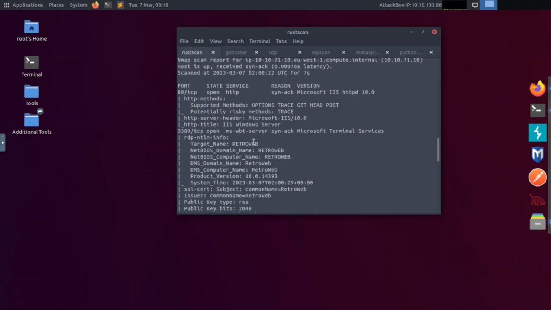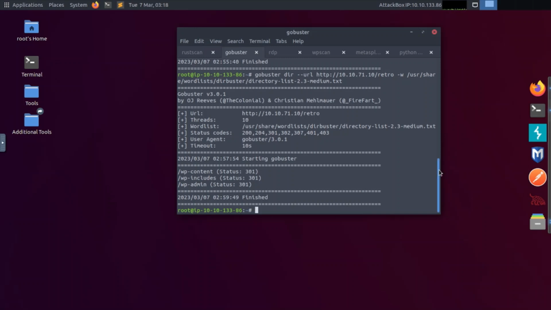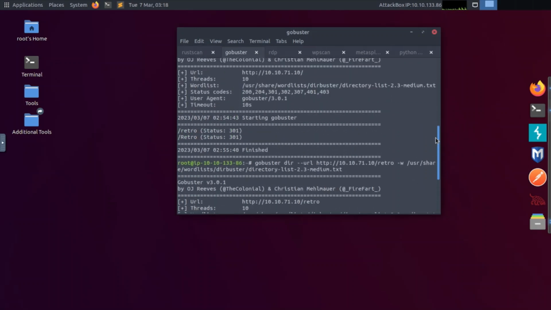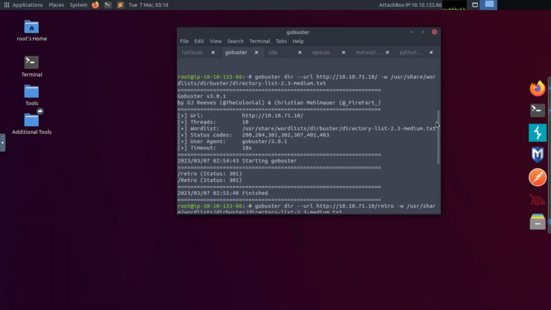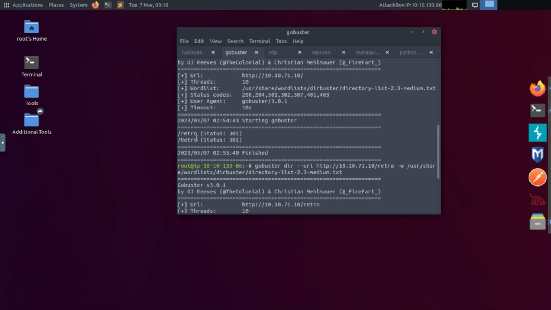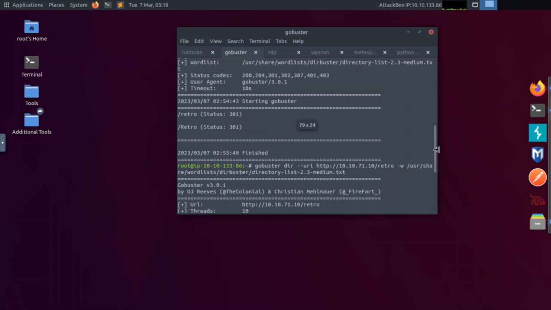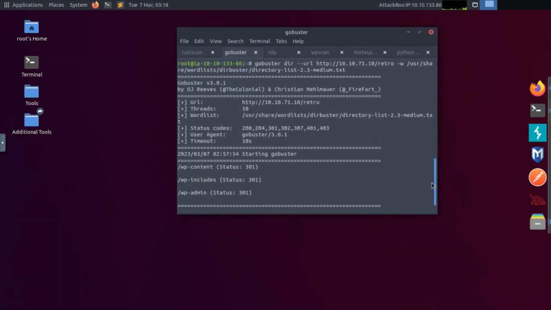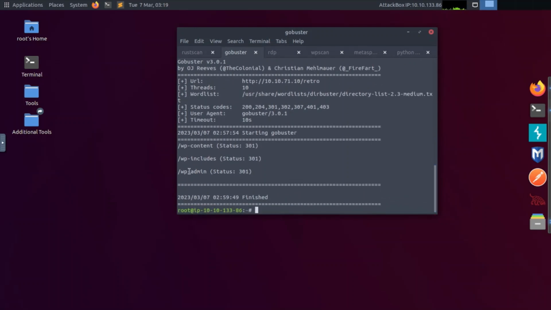So after that's done, I jumped over into GoBuster. It ran a directory brute force attack against it, to see what it could find. So GoBuster went through, did its thing, and that's the word list that I used, this medium.txt on it. It found some redirection stuff there, so I went ahead and did GoBuster on these as well. This /retro, to see what else it could find. Found some more stuff in there. Found an admin page that's very curious, so maybe something we could check out later on if we were able